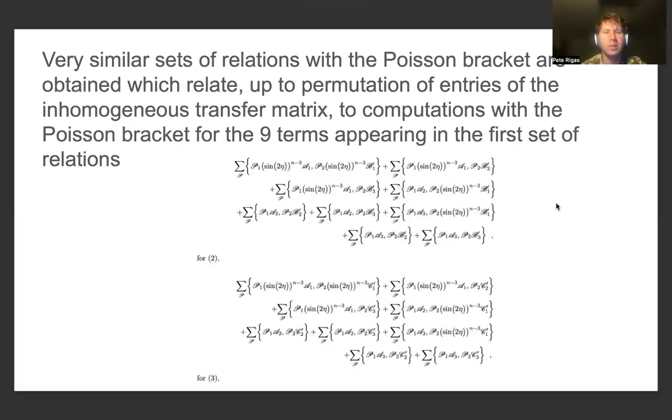And so very similar sets of relations for the Poisson bracket are obtained, which relate, up to permutations of entries of the inhomogeneous transformations, to computations of the Poisson bracket for the 9 terms appearing in the first set of relations. And we already reiterated this in the previous presentation, but we have a B1 prime term, and